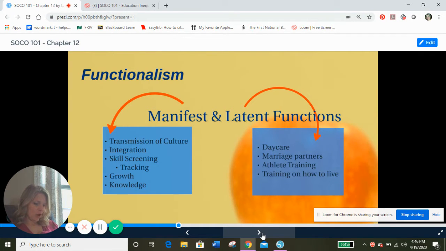The school system also does screening and identifies talents or skills. Students are identified as the ones that are bright or have something that they're super good at, and it improves